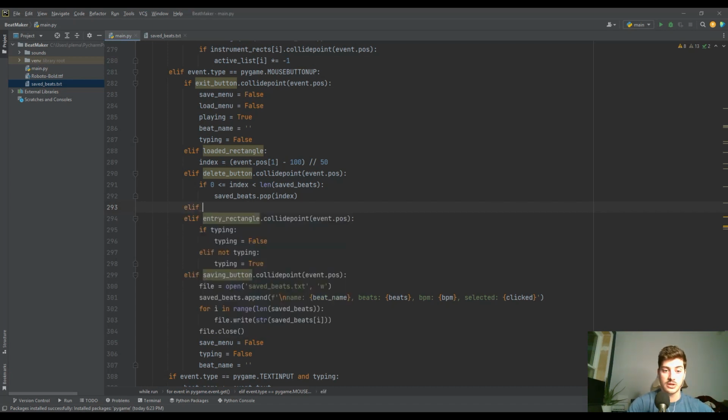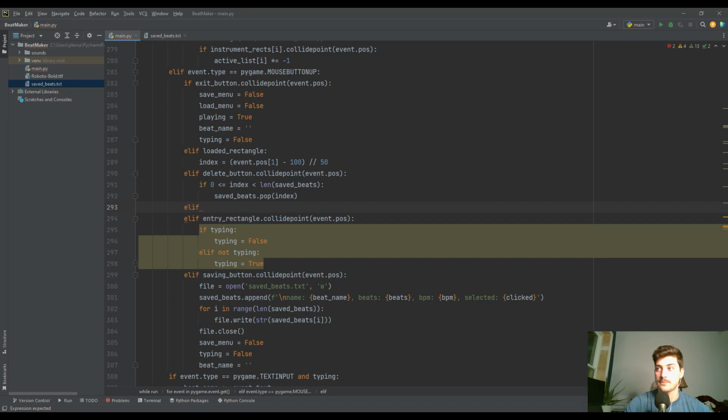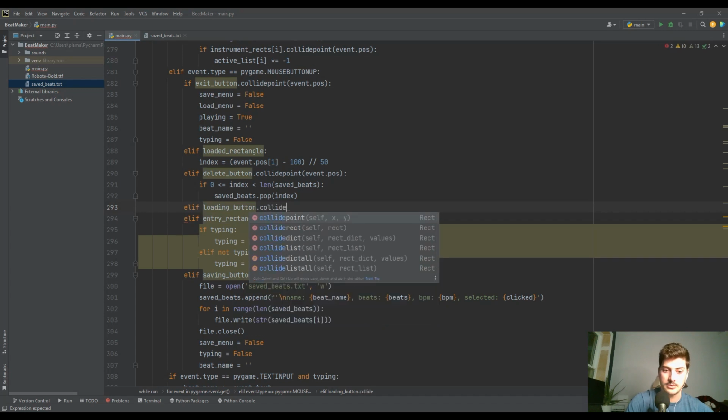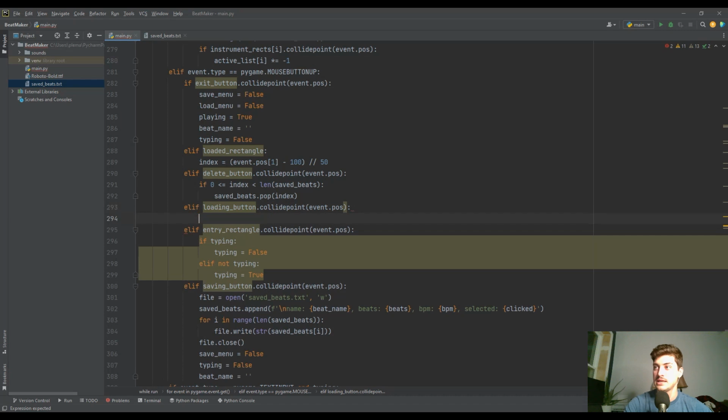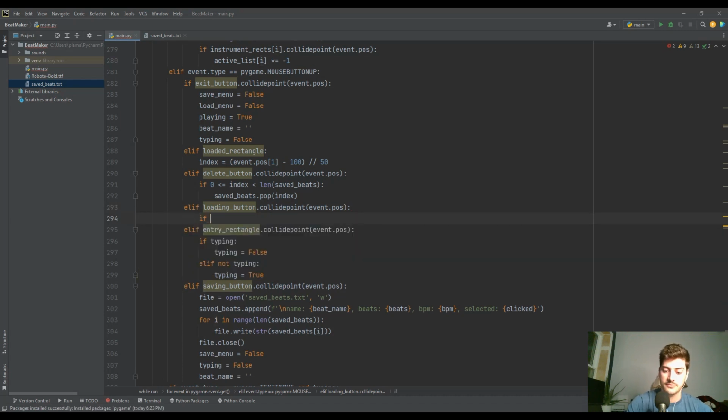So next, let's do the loading button, because that one's kind of tricky. We will do elif loading button dot collide point event dot pos. That part's easy. The next part is familiar. If 0 is less than or equal to index, less than length of saved beats,